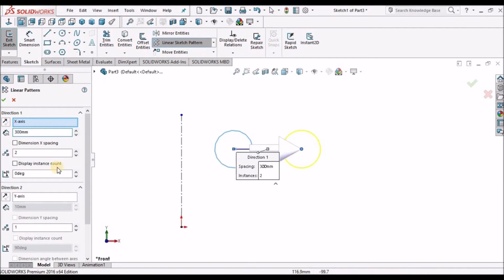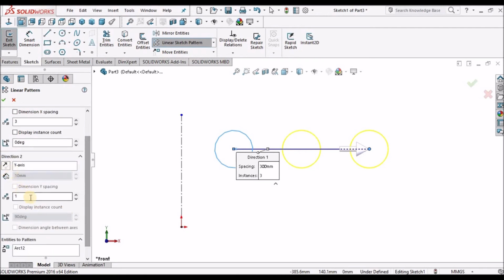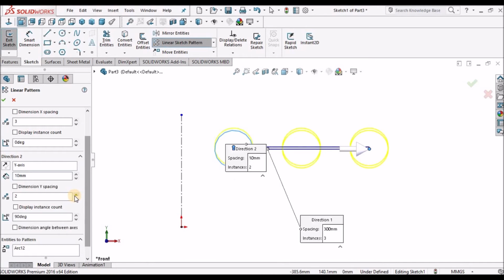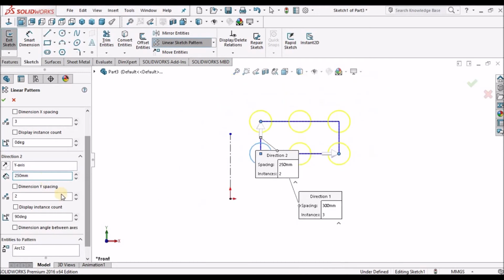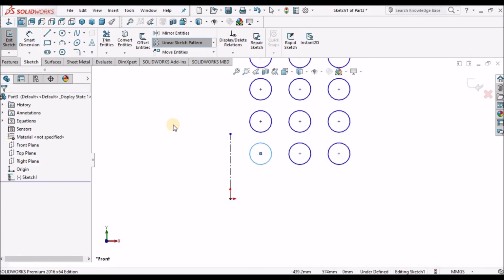So 300, I can move. I can add the number of instances, 1, 2, 3. In the same way, if I want to move in the y direction also, I can increase, and suppose this is 250. So I can pattern in the y direction. This is linear pattern.